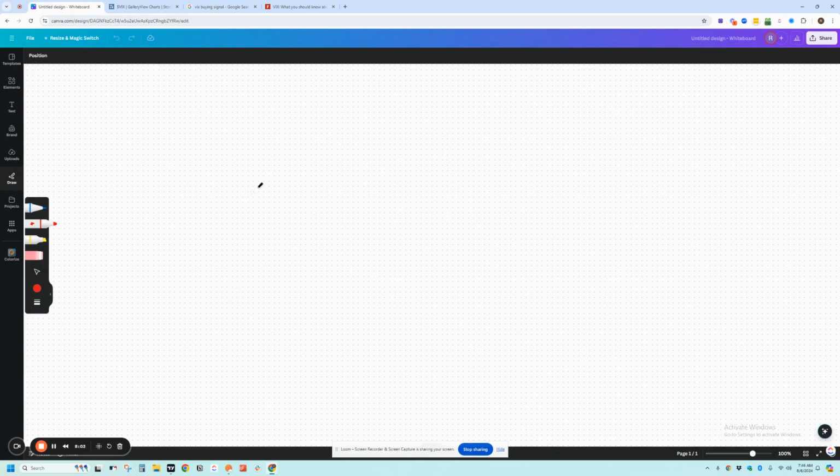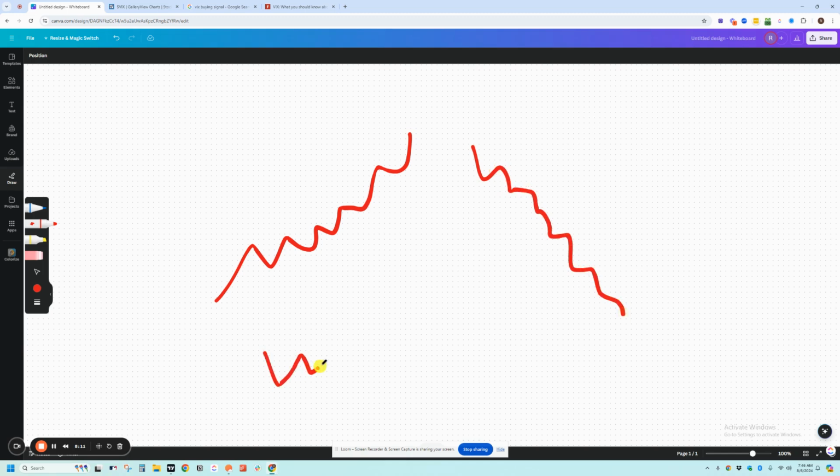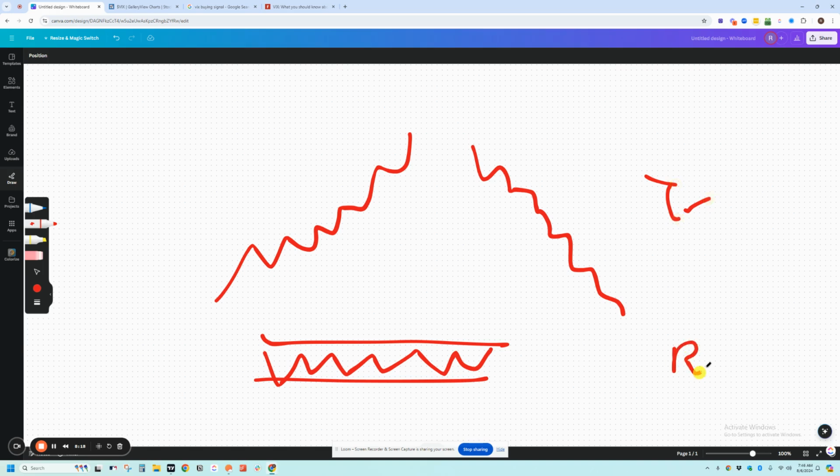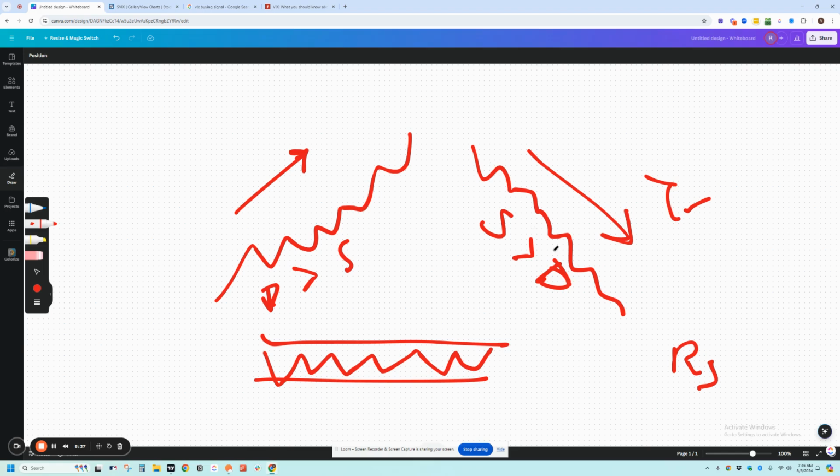So markets can go in trends. This is called a trend, or it can go in a range where there's no trend. So this is a trend and this is a range. And when there's a trend, it pretty much says there's more buyers than sellers, a supply and demand thing, right? There's more demand than supply. And when there's a downtrend, then there's more supply than demand, and more people looking to get out.